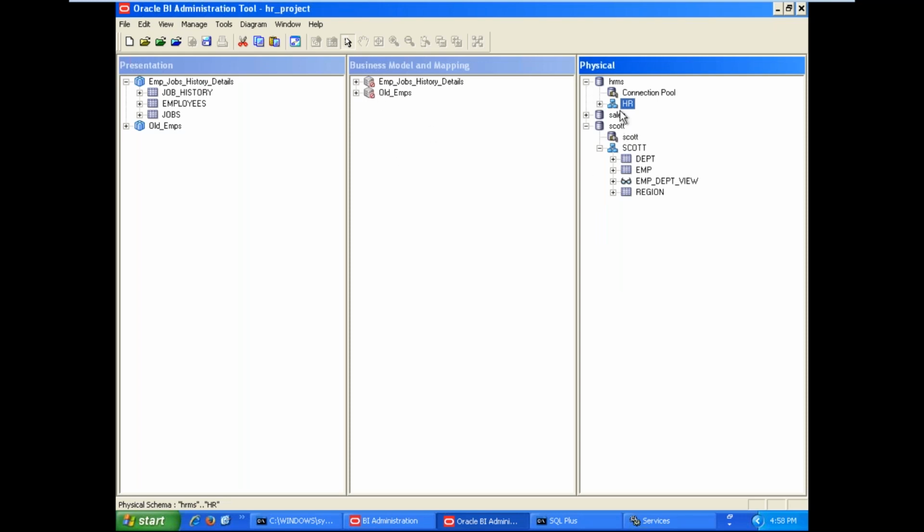We derived these two business models for one schema only, that is the HR schema. What about sales as well as SCART? One by one we can discuss. In tomorrow's session we can discuss how to derive the business models for the sales physical diagram available in the physical layer. Once that is completed, we can finish SCART also. After sales and SCART are both completed, we can discuss how to work with Excel sheets also. In a real environment, we can get business information in MS Excel format also. Then how to work with an MS Excel sheet in the same subject area, not an individual subject area.